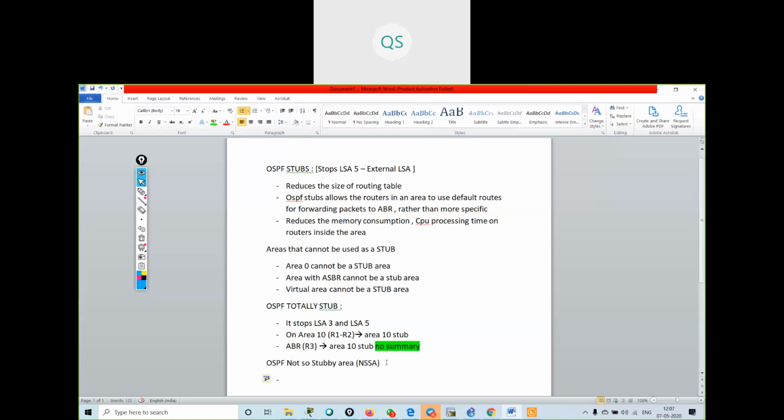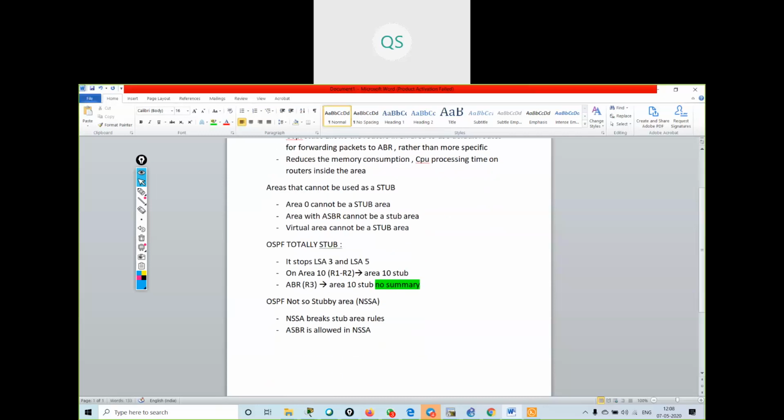So I will give you one example. First, we will see the theory part. NSSA breaks stub area rules. Okay. ASBR is allowed in NSSA.